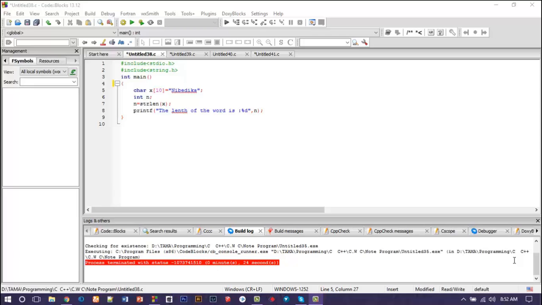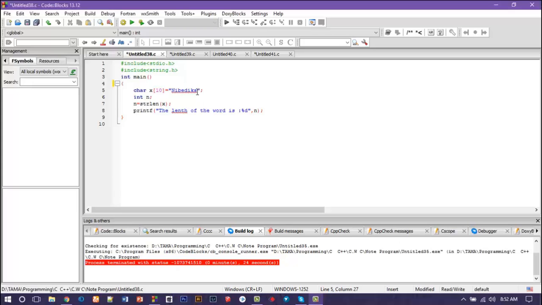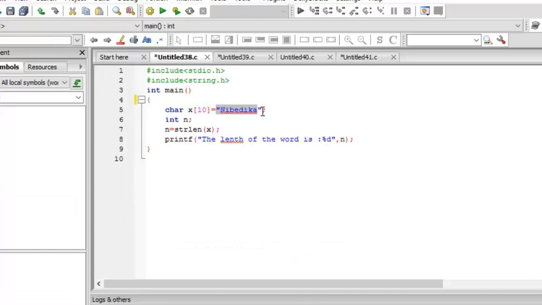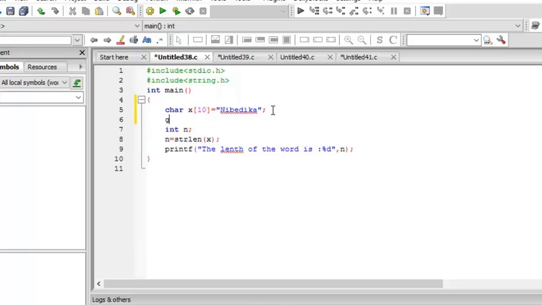When we write more than one character under double quote marks in one line like this, it is called a string, and we initialize a string like this. First we use a data type, that is char, then the string name like this, and the initialization part like this. We use the gets function for taking a string also, like this,